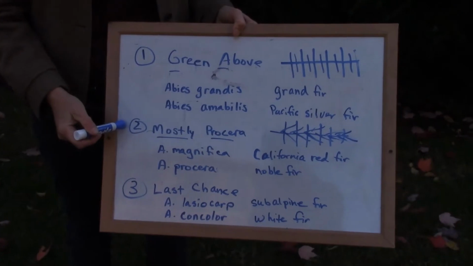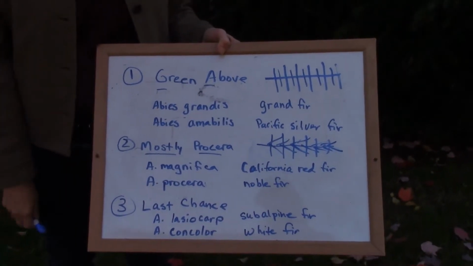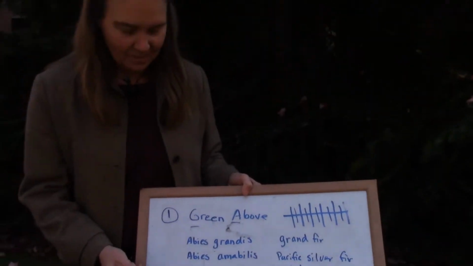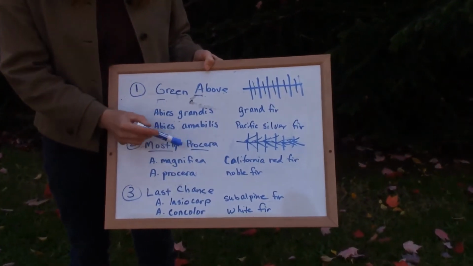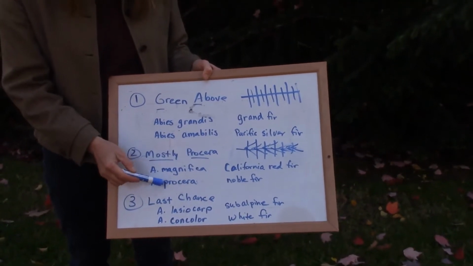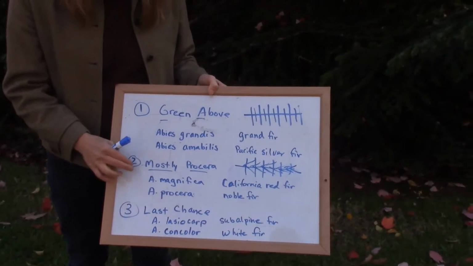So in step 2, this is mostly procera, or procera, however you want to pronounce it. The M here is for Abies magnifica, and the P is for the name procera. So there's 2 here, and what you're looking for in this step